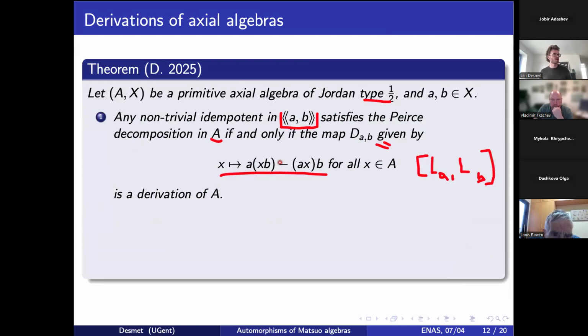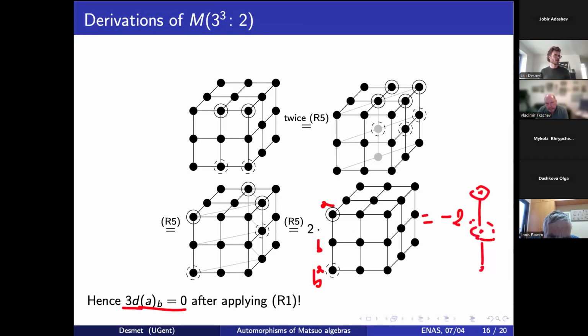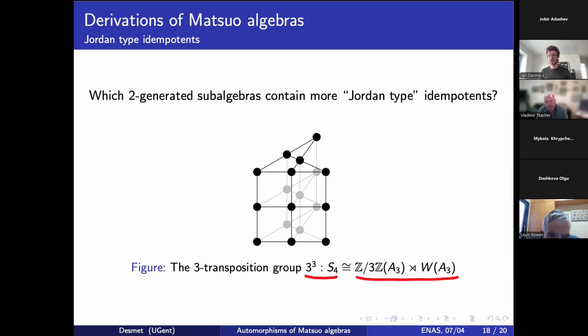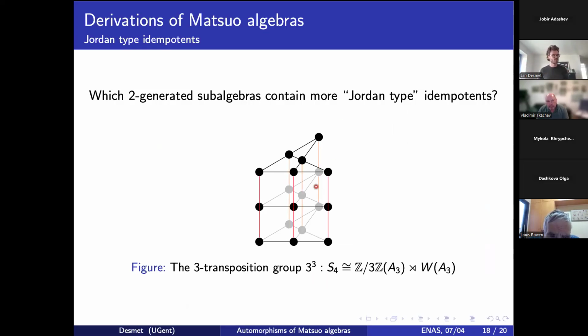I'm asking which two generated subalgebras have more non-trivial idempotents than just three, essentially, right? And two generated subalgebras you can kind of correspond to lines in the pictures that I draw. Because if it's sufficiently large, then it's Jordan-like. Okay. Yeah, so exactly. And then I'm asking, in this case, which two generated subalgebras actually give you more idempotents? So are such that this DAB is a derivation, and it turns out that it's precisely these vertical lines in the picture,